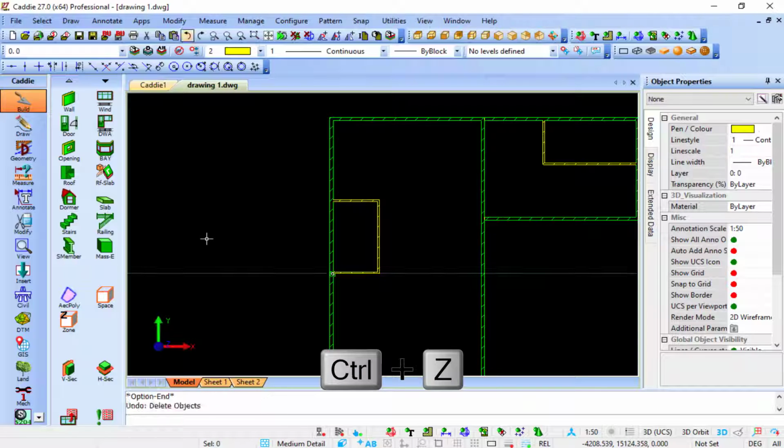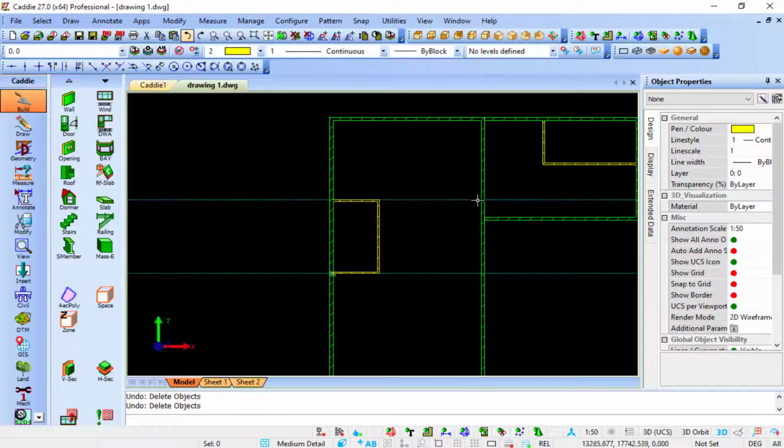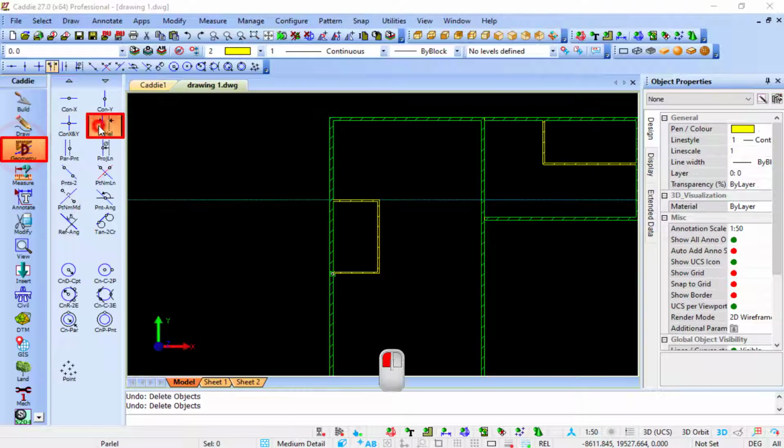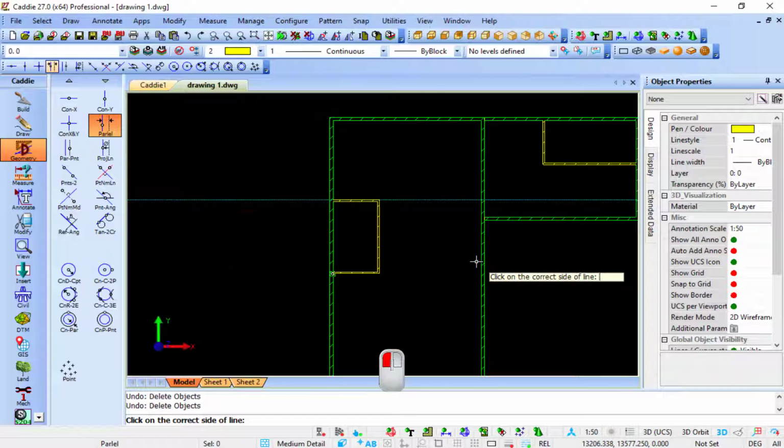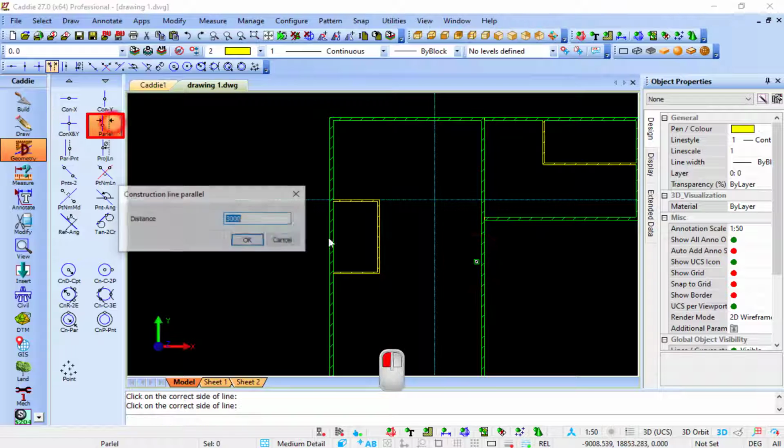Or if I Control Z for undo, I can still remain the one horizontal construction line because this is where I would like to create my storeroom. So I only want to delete the bottom one. So I'm going to say parallel, and when it comes to my storeroom, I would like it to be 3,000 by 6,000. So this will be 3,000 my X and 6,000